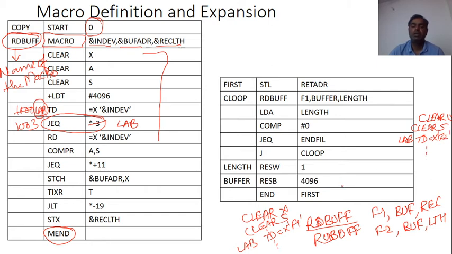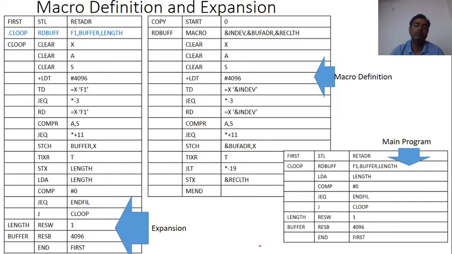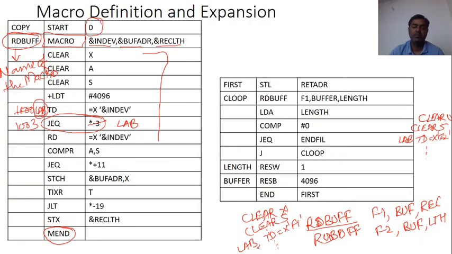Now you can see these statements are written in one program. When we assemble this program, we will get an error. What is the error here? You can see I have defined the same label 2 times. Lab is defined here, and here also this lab is defined. That means when that lab has been entered the first time in the symbol table, and when it is entered the second time, we will get an error.